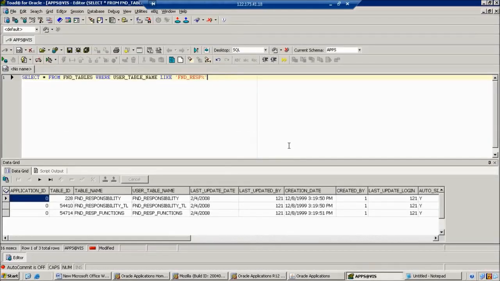Now, select from FND user, and we want to use an alias name. Next, FND responsibility TL here. So here, FRT.